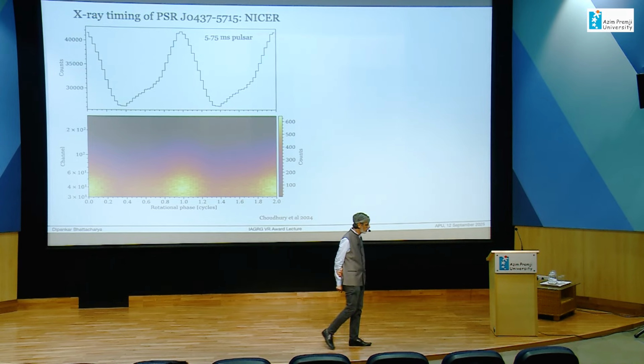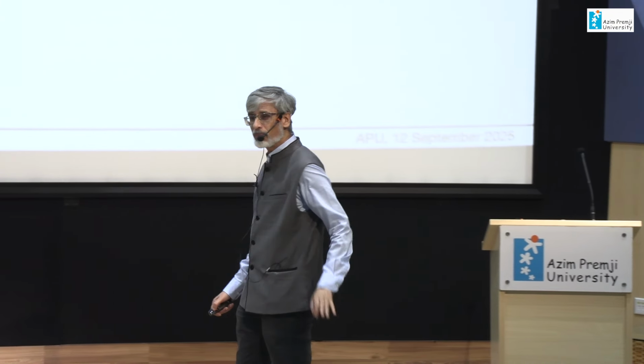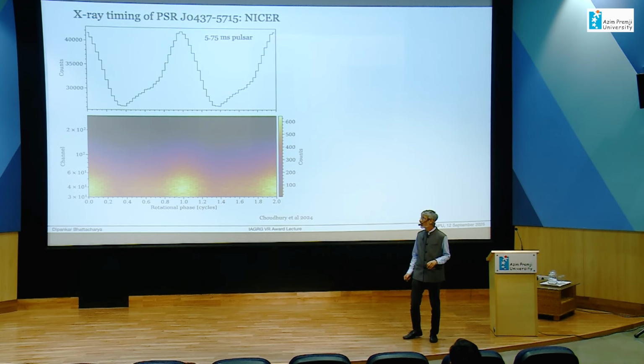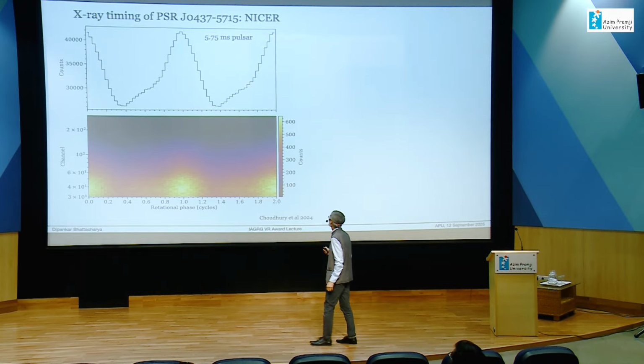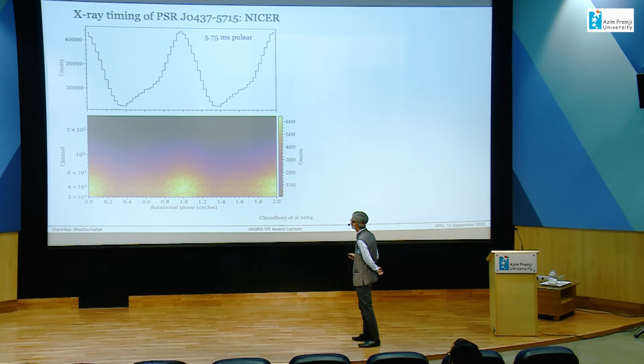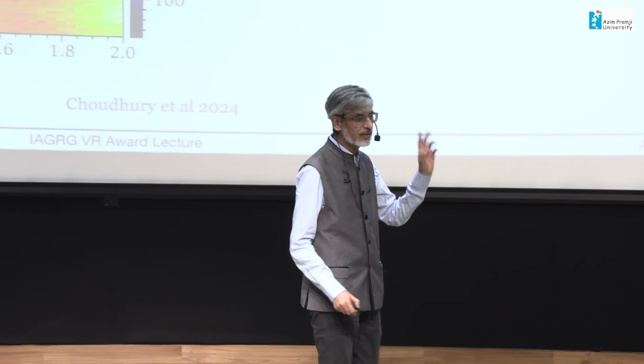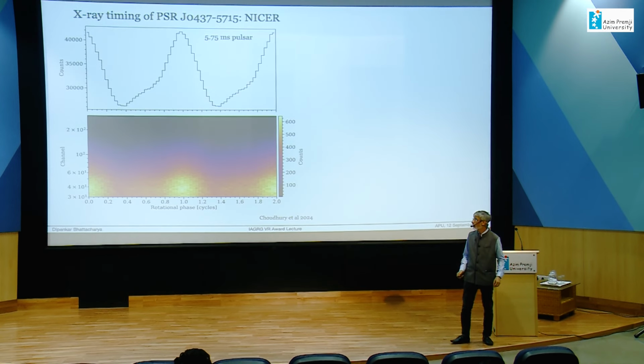And one of its tasks was to take a few pulsars and then measure their pulse profile in great detail. And here is one such measurement. Over several years, this is a very detailed measurement of the pulse profile, and it is measured not just at one wavelength, but at a whole bunch of frequencies. And this heat map is showing you the pulse profile as a function of frequency. Each of these, you take a horizontal cut, you will see a profile like this. It's a 5.75 millisecond period. It's rotating on its axis once every 5.75 milliseconds.